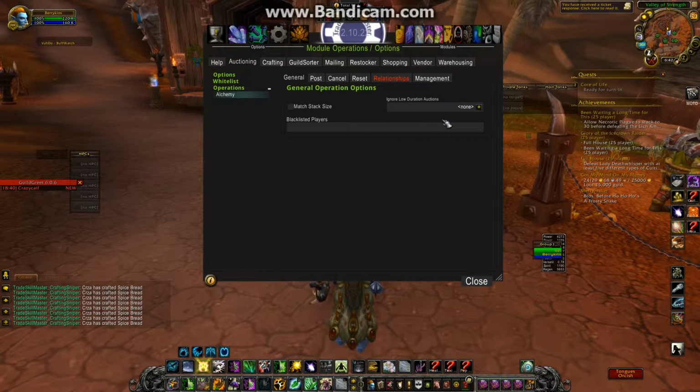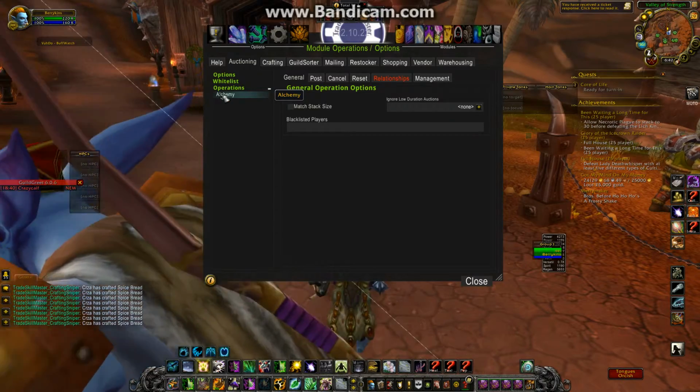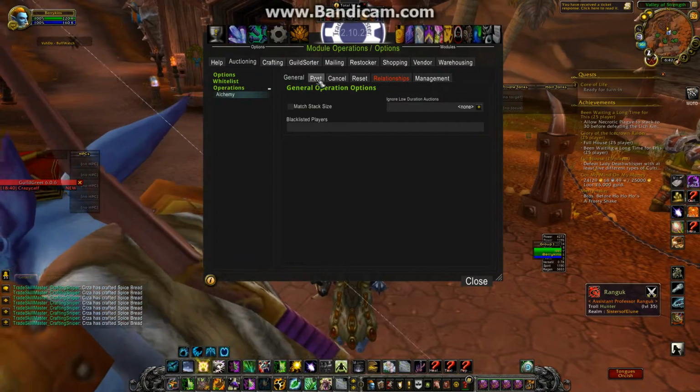As in the flesh example, I've created a general operation called Alchemy. I'll next create an auctioning, crafting, mailing, and shopping part of this operation. Switching to the post tab,